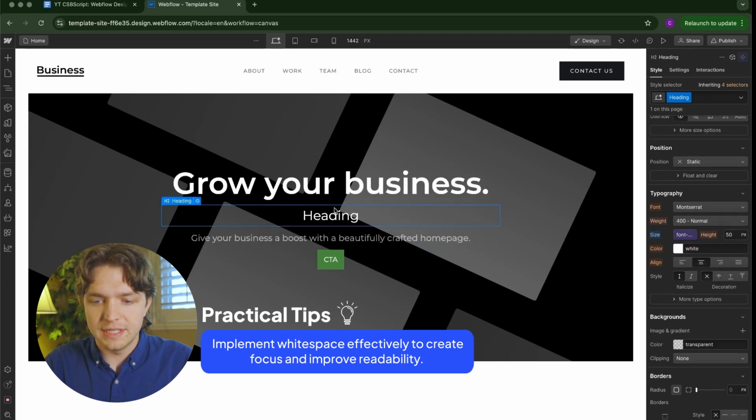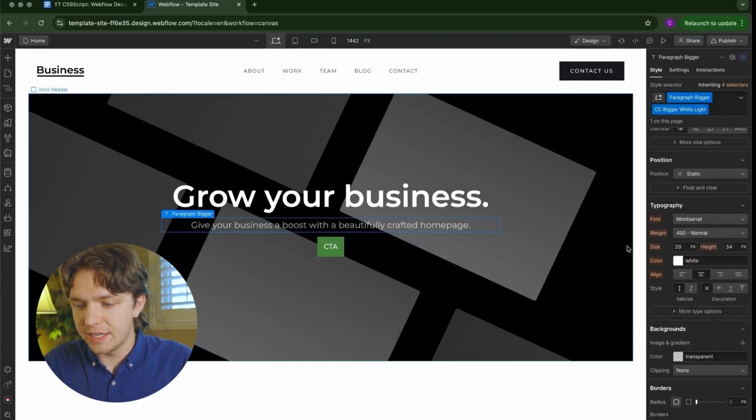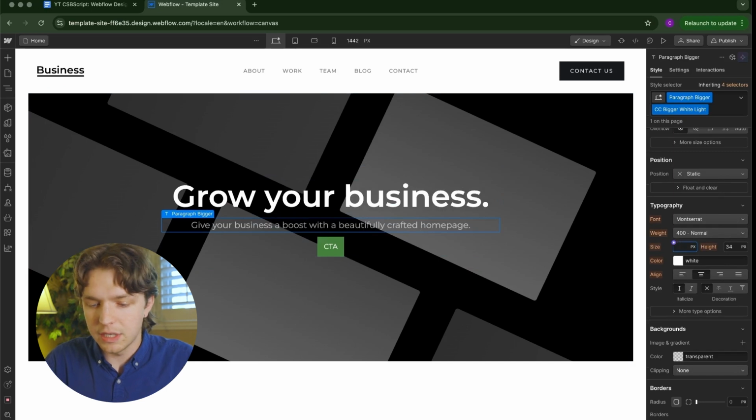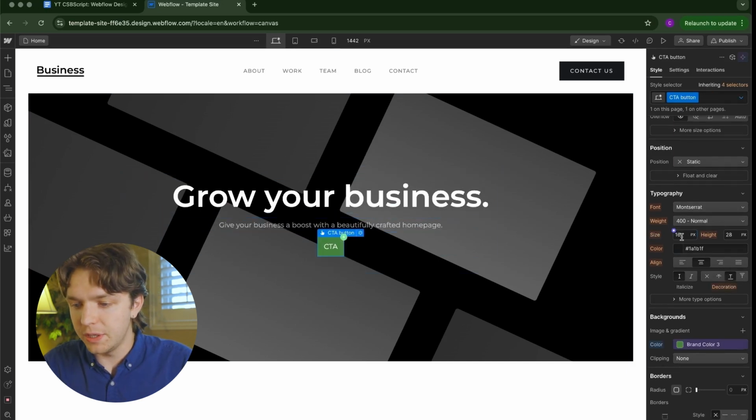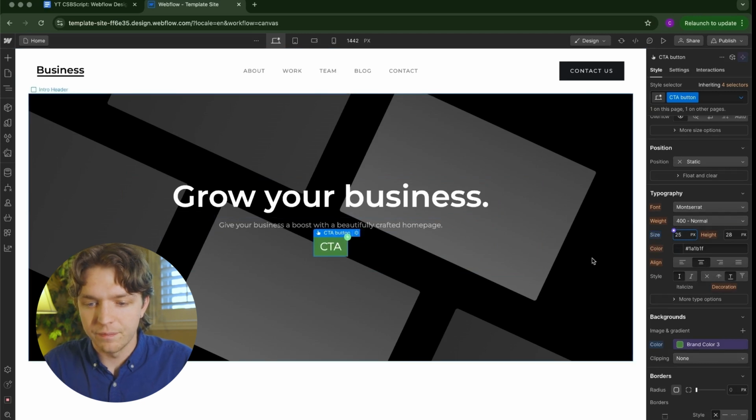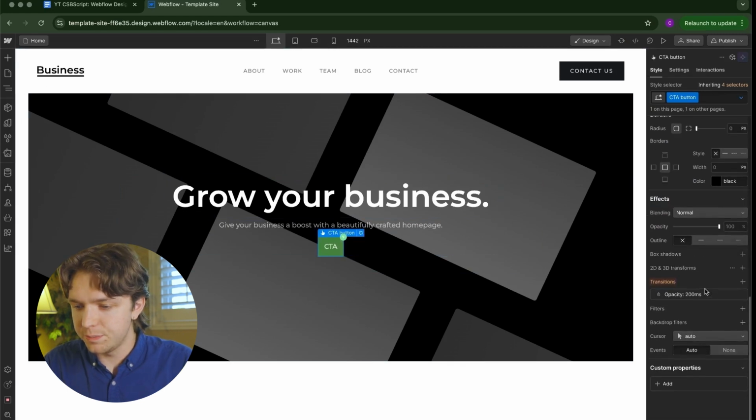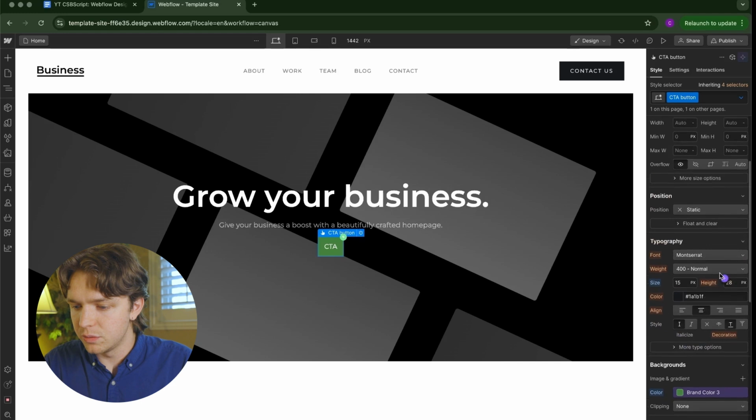Now, we don't need this heading anymore, but we can go ahead and change this down to, say, 16. And we can emphasize this button by bringing that up to 25. By bringing that text up, we can bring that text to, say, 15. And we can even change the size of this button by going to the